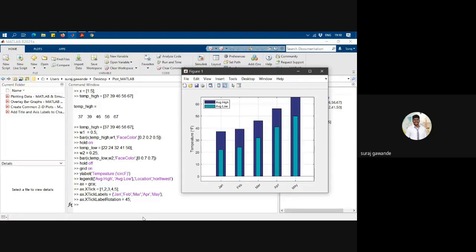So now let's understand, we have seen that by using the hold on function you can add more than one waveform in the existing figure window, right? But let's say I want to split my existing figure window into an m by n array. So this is my one figure window, right? I want to split it down into multiple